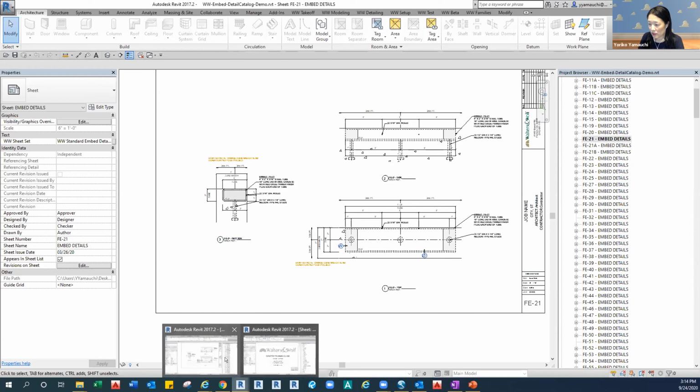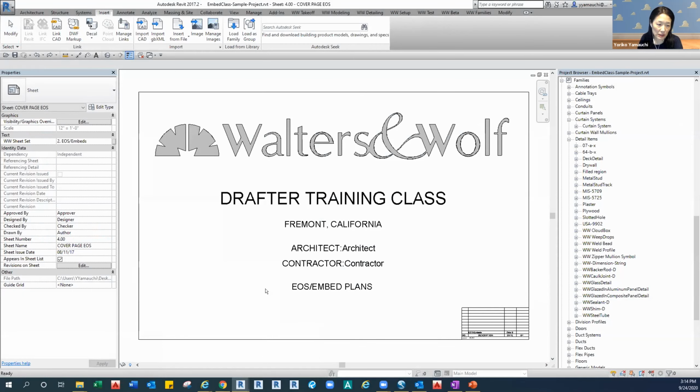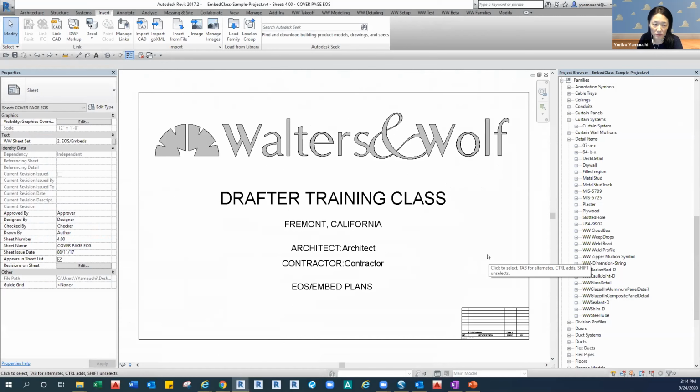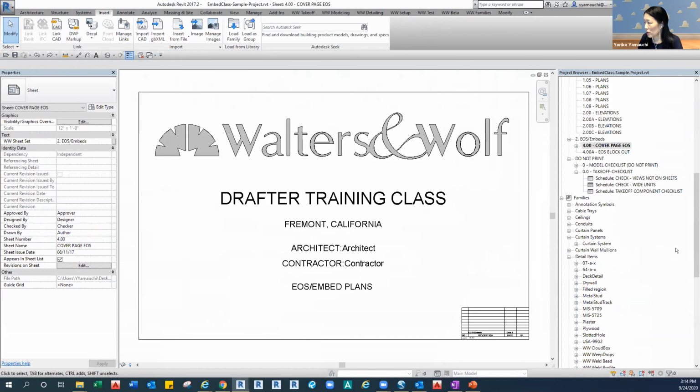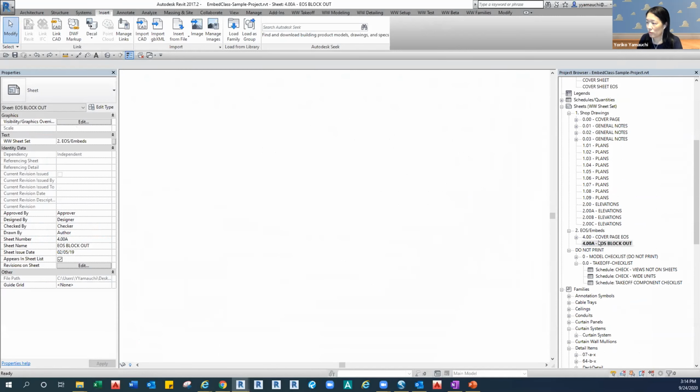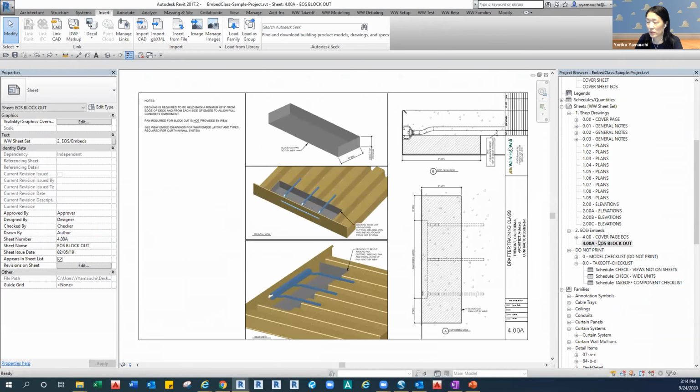Okay, let me show you how to insert. This is a sample project file, let's say your project file. Under the embeds package, right now I only have 2 sheets. That's the default setup when you open the standard one: the cover page, which is this one, and also the 400A EOS blockouts. That one is applied to both QT embed, Hack T50 and Hack T70.